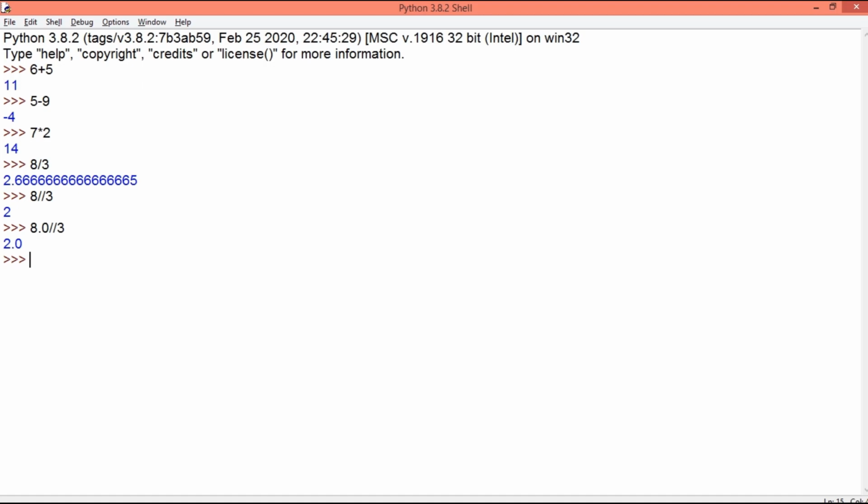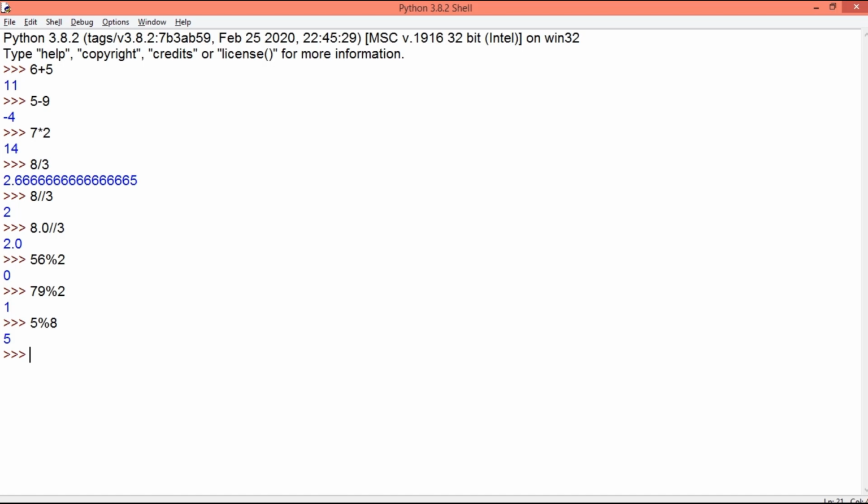Based on these division operators, we have one more operator which returns the remainder when one number is divided by another number. So if I divide 56 by 2, the remainder comes out to be 0. If it is an odd number and I divide it by 2, I'll get the remainder as 1. If we try to perform this modulus operation on numbers, let's say like this, 5 is smaller than 8, so no floating point division will take place and 5 will be given as the output, making it a remainder.